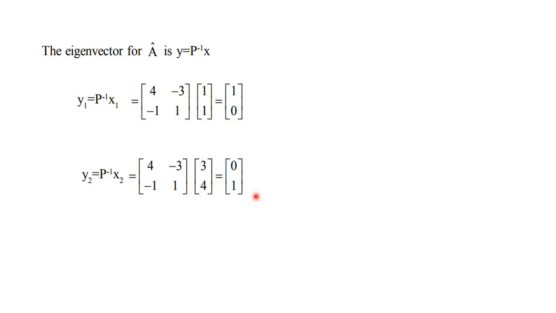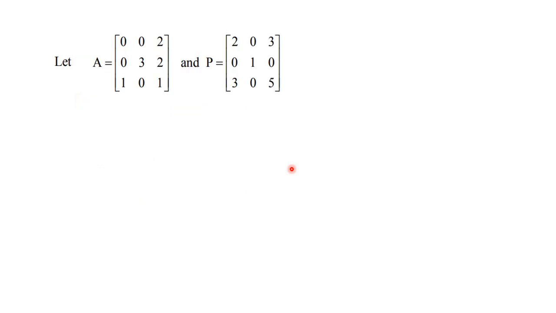Okay. So for similar matrices A and A cap, a matrix A cap is called similar to a matrix A if A cap is equal to P inverse into AP for some non-singular matrix P. So if A and A cap are similar, they have the same eigenvalues, but the eigenvectors differ: if x is an eigenvector of A, then the eigenvector of A cap is y equal to P inverse x.